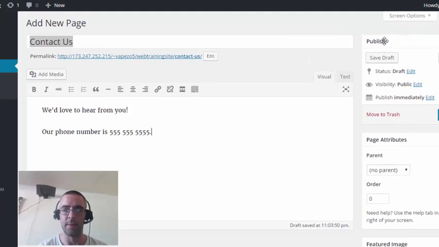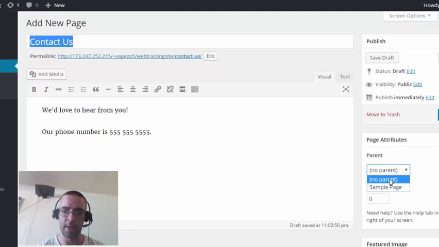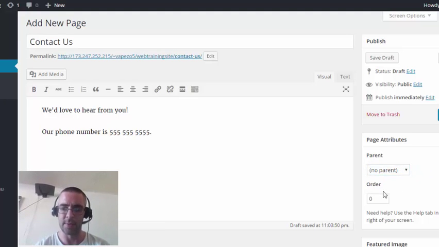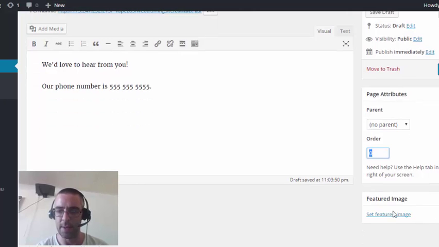Because if you look over here, we have the publish area where we can just control things about publishing this page. And then we have page attributes where we can set this parent page, so we can set a structure for our pages that way, like have a sub page of another page, and we can set the order of this page as well. So that covers these two boxes here, and then below that we have the featured image,